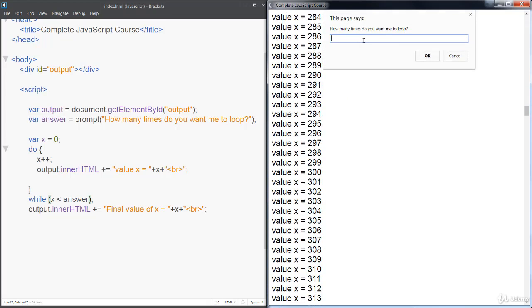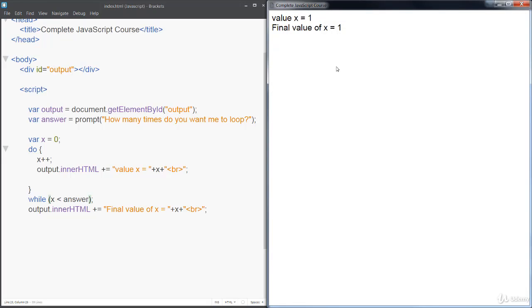Another thing as well, we should also add in something where maybe we do a check to see if the value is actually numeric. So you can see here that even if I enter in something, we actually still do that one loop through, because what's happening now is that we're still going into the code, we're reading through it,